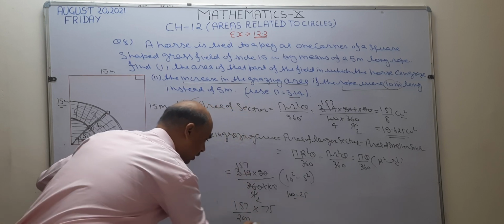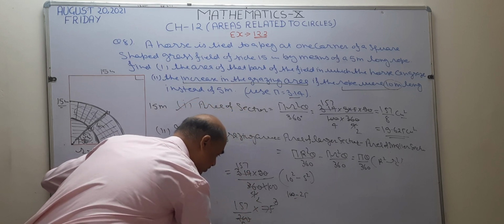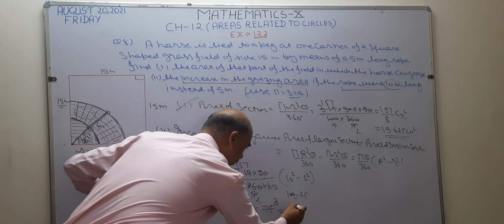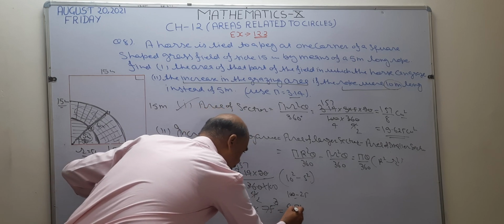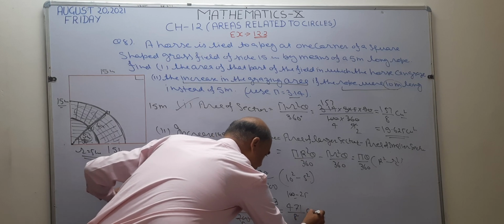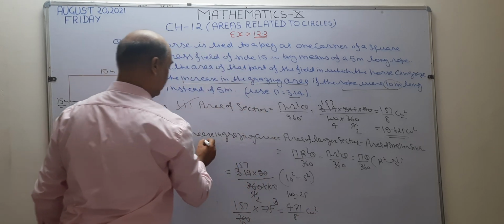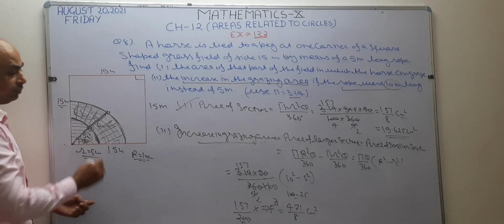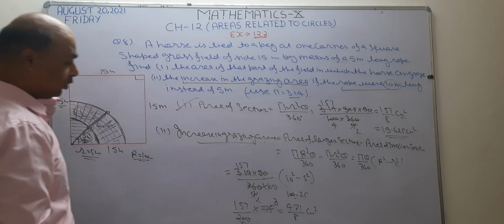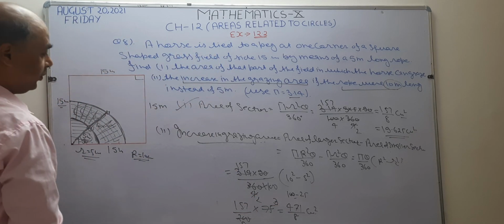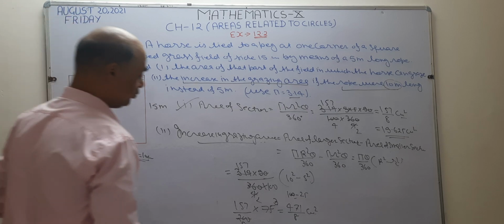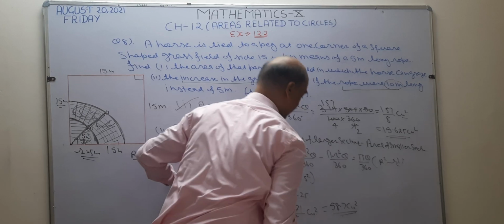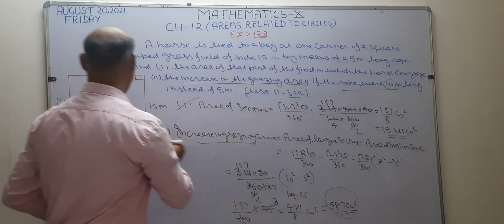Right here 75. Now 25 is up and 25 8s up. So this becomes 5 7s are 35, 3 7s are 21, 2 is left. 3 5s are 15 plus 2, 17, 1. So this becomes 471 upon 8 centimeter square. So this is the area of increased grazing area. Okay, this portion, area of this portion becomes 471 by 8. When you divide 471 by 8, it becomes 58.7. Right here 58.7 centimeters square. So this is the increased grazing area, grazed by the horse.